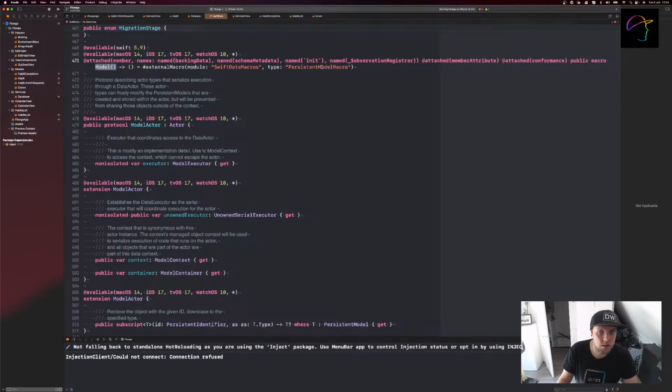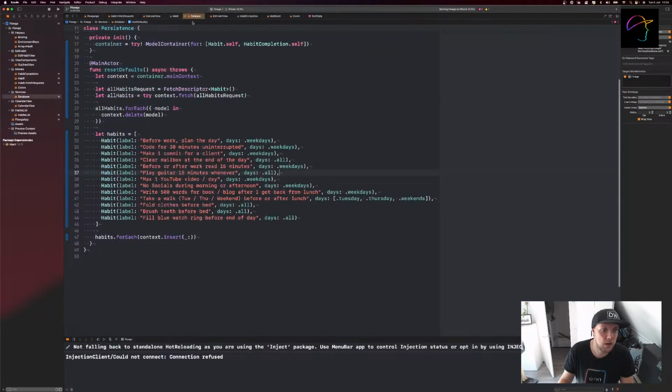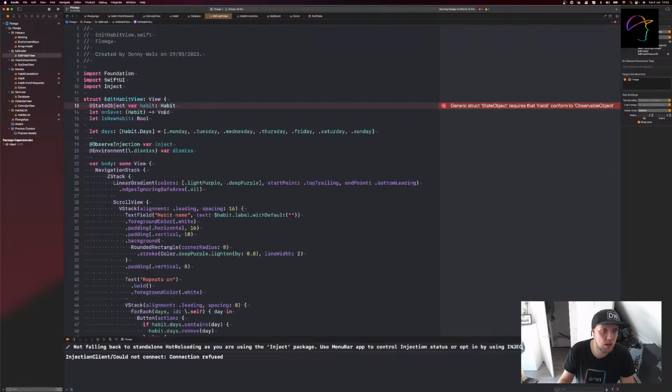Persistent model. Okay, so it does do something with an observation register, which I know is part of the observable macro. So I'm going to go ahead and assume that this does in fact somehow leverage the observable macro under the hood. So that's cool. Okay, so we should be able to just say in this edit habit view that